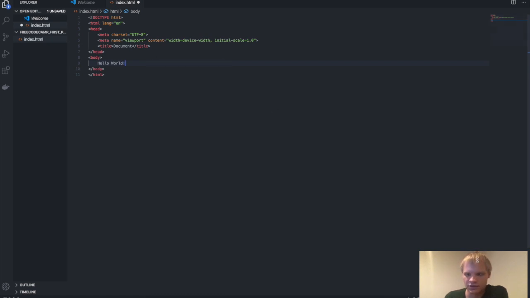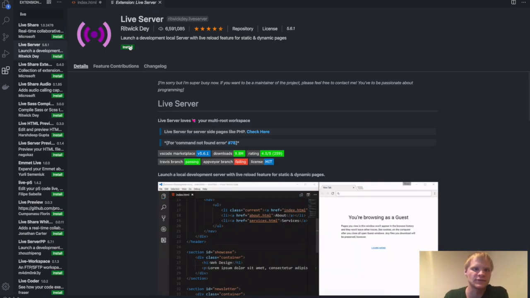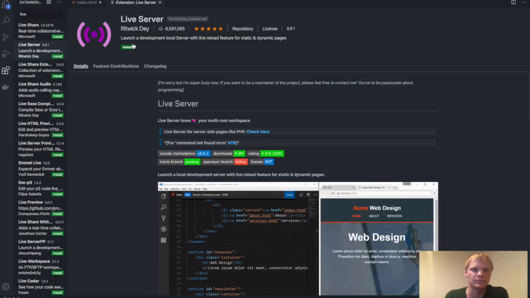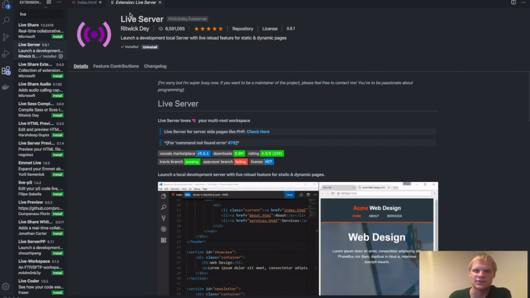What you actually have to do is go to the extensions. Okay, yeah, the extension that you want is Live Server. It's been downloaded a bunch of times. So just install that, and then I don't know if you have to exit out of Visual Studio and then